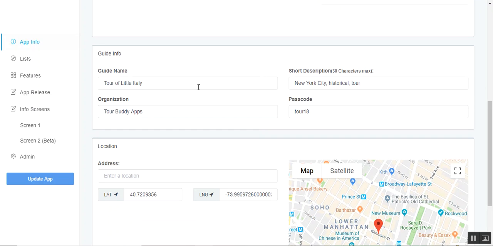you see your guide name and organization name, short description, and here is where you can change your passcode. So my tour is Tour of Little Italy, so I have to have my passcode start with the letter T. So I'm going to call it Tour LI 2018. Sometimes I like to make it even shorter just because you don't want to type a really long